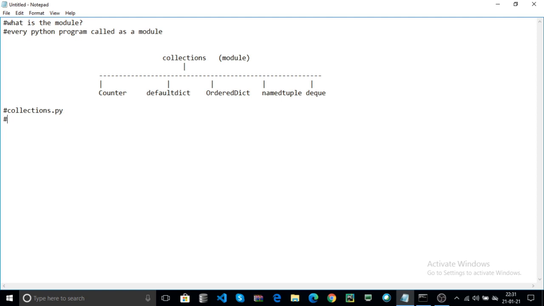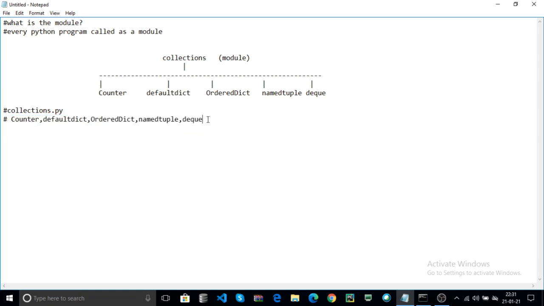The collections.py file contains the functions Counter, defaultdict, OrderedDict, namedtuple and deque. Here these are the functions.